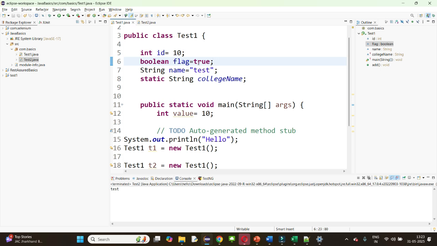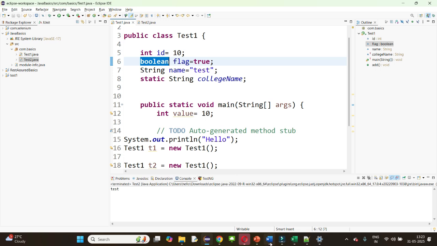So for storing this true or false, one bit of data is required. But for storing an integer value, we need more space. For storing a decimal, we need more space. So how can we determine how much space is required for storing the value for the particular variable? That allocation is determined by using this data type,